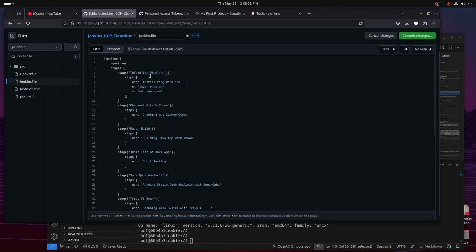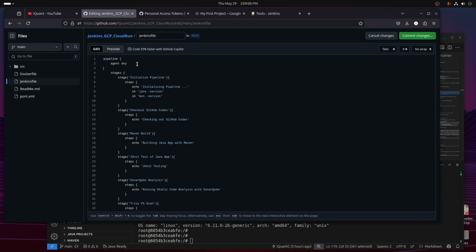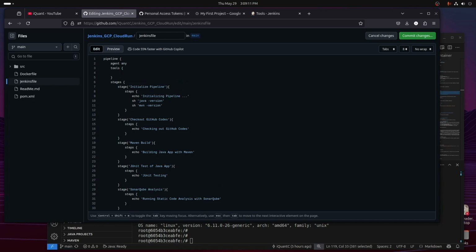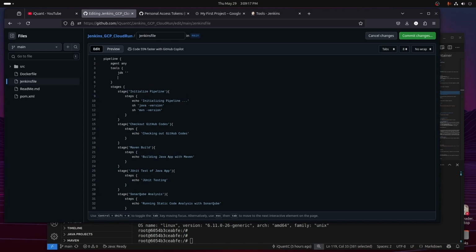So I need to tell the Jenkins script under the agent, I will specify tools, and inside the tools, I will have my JDK installation. I will also have my Maven installation. Okay. Now for my JDK installation,